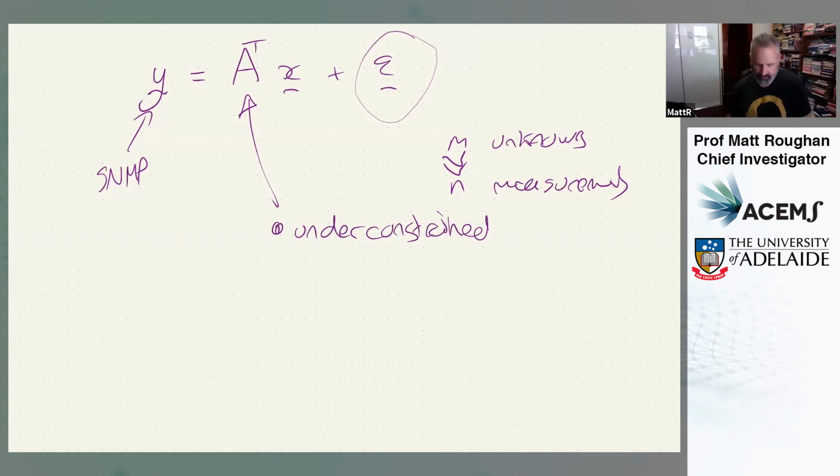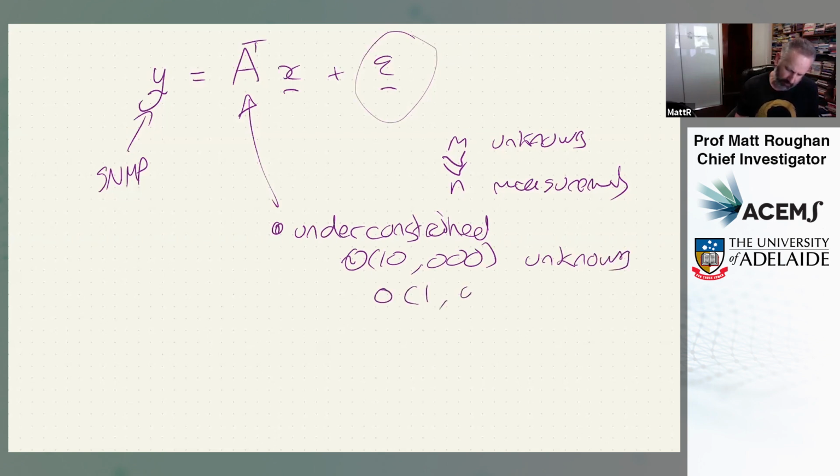So let me put some numbers on here, actually. In one of the original problems, and we did a lot of work to reduce the scale of this so that it was a bit more doable, but in one of the original problems, we had, let me just try and remember, order 10,000 unknowns and order 1,000 measurements. So that just gives you an idea of the scale of the problem. It's not like you have 1,001 unknowns and 1,000 measurements. It's just way out of whack.